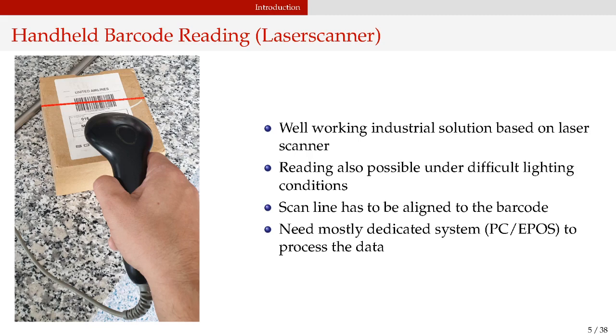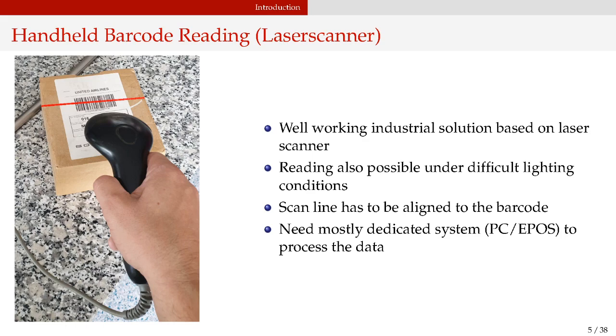So, how can you read a barcode? Well, probably anyone has already seen a handheld laser scanner when doing their daily shopping. A barcode laser scanner is a closed form of light source and light receptor. The precondition to be able to read the barcode is that the scan line needs to be aligned to the barcode. And the scanner needs to be mostly connected to some processing device such as a PC or an electronic